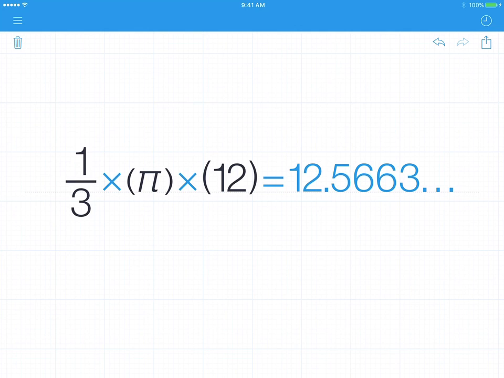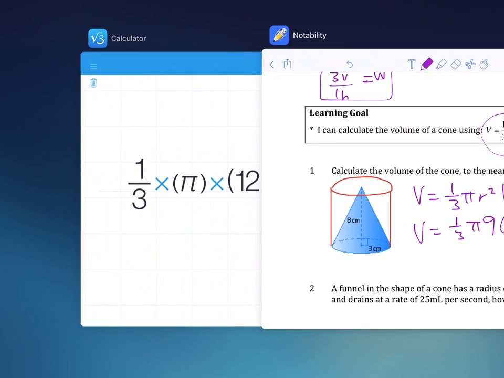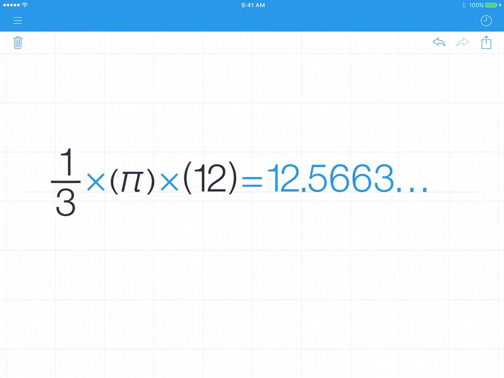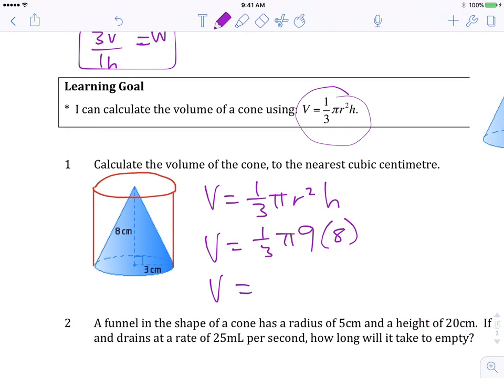Okay, and we get 12.5663, so I'll just say 12.57, and we'll stop it there. Actually, I apologize. It says to the nearest cubic centimeter. So we'll say 13, about 13 centimeters. So the volume is approximately 13 centimeters